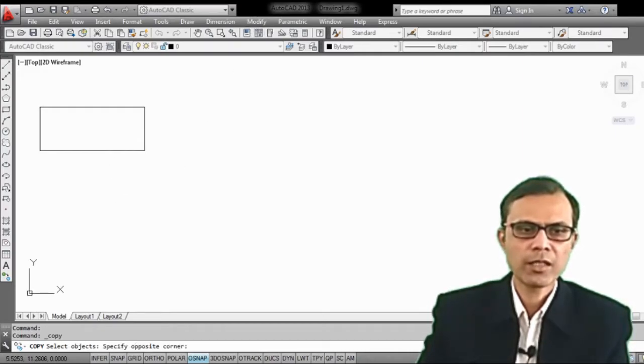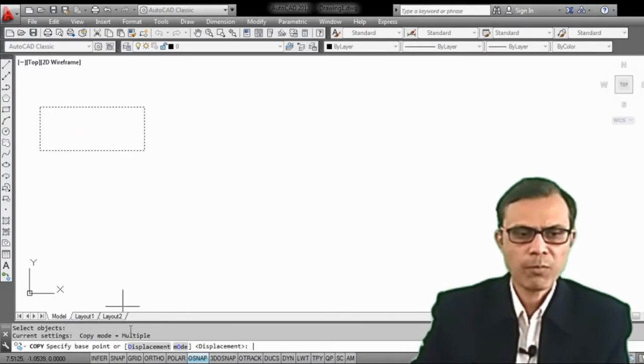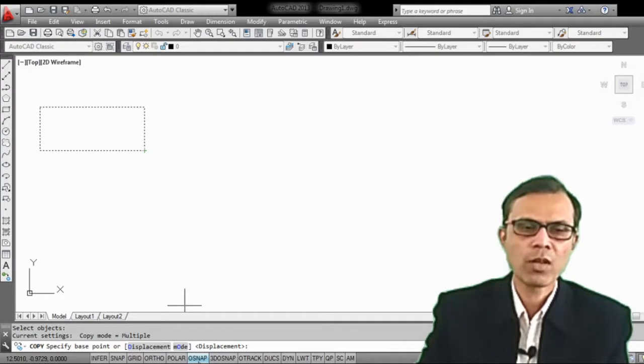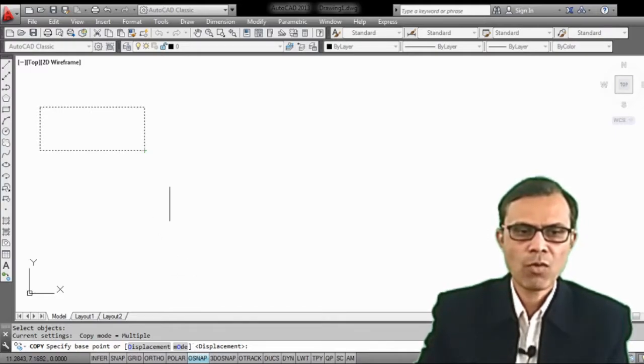Here I am selecting this object, rectangle. Specify the base point. So here you have to keep this O snap switch on. So when you keep this switch on, we can specify different points accurately on the object. So I am specifying this point as the base point.